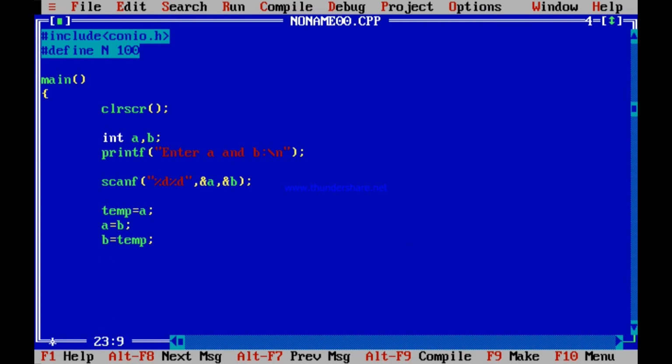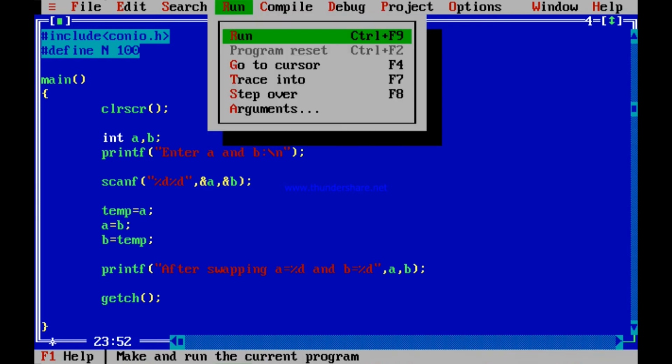Before running, let me print printf "after swapping, A equal to %d and B equal to %d", A and B you are printing. Let me run this program and see what has happened after swapping.